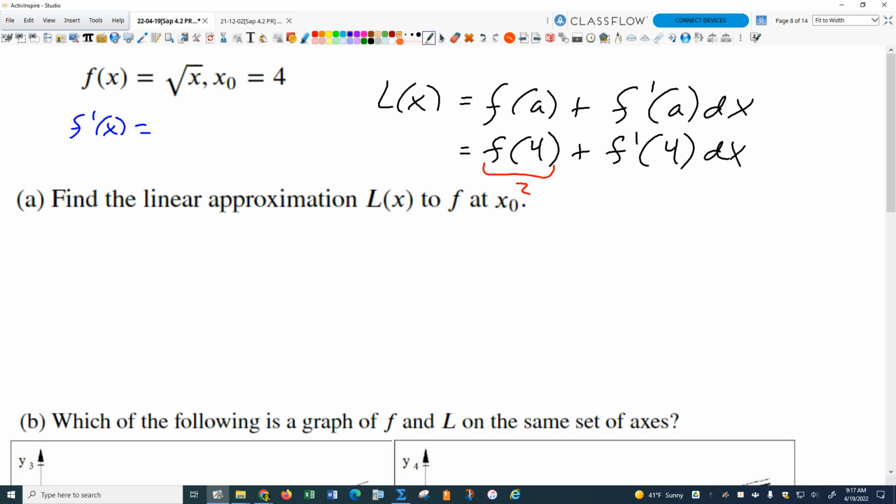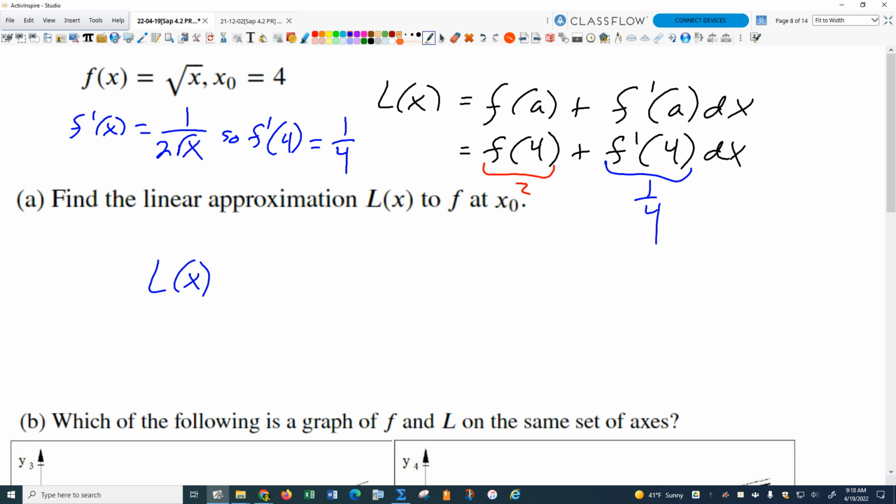Okay, so same thing as 1 over 2 times the square root of x, right? So f prime of 4 equals what then? One-fourth, isn't it? Anybody agree? So we get an equation here, right? We come up with